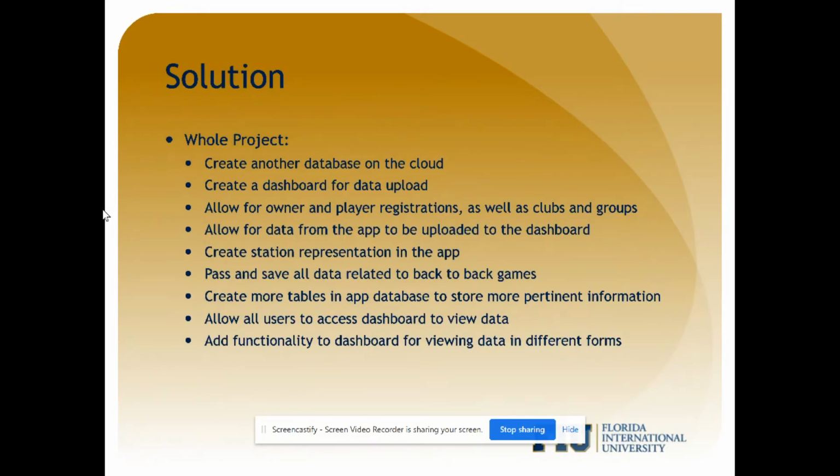As far as the solutions we came up with to target these problems, we created a dashboard that coaches and players could get access to then view their scores. We created a database where all the data from the app could be uploaded to, and then the dashboard would query it to display